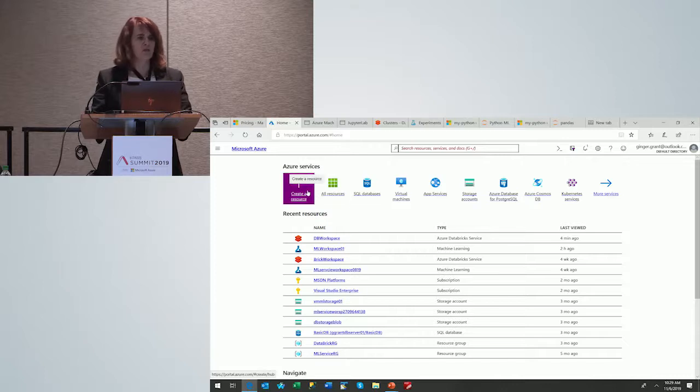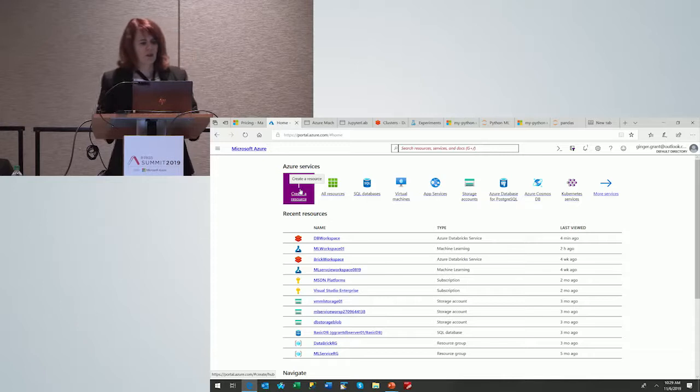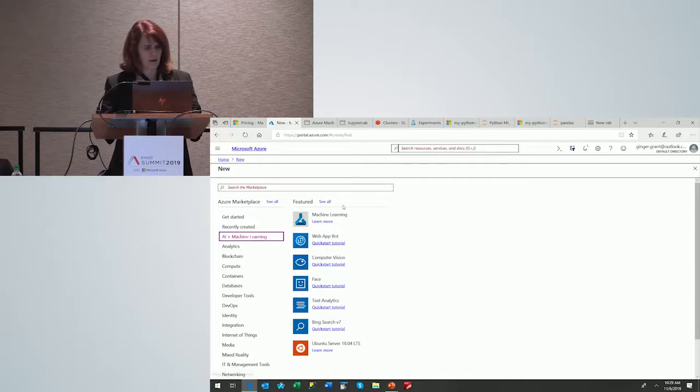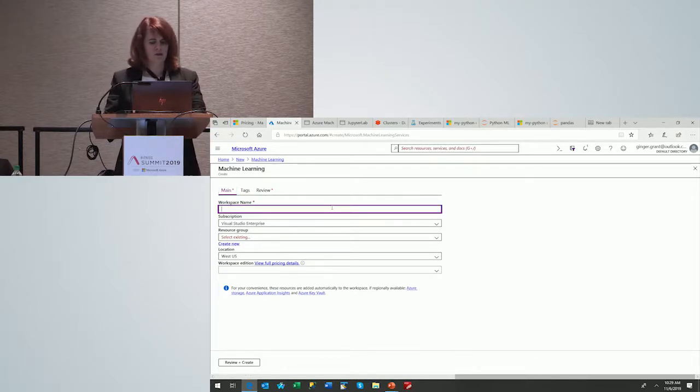The first step to using Microsoft's Azure Machine Learning is to create a workspace. So I'm going to go ahead and do that. It's relatively simple. You create a workspace, give it a name.